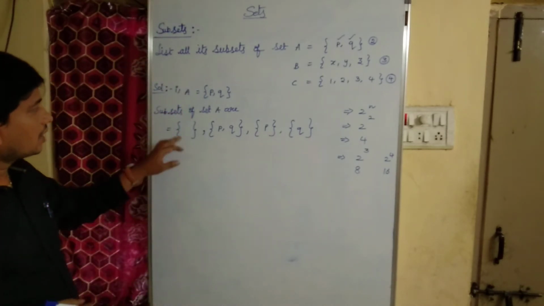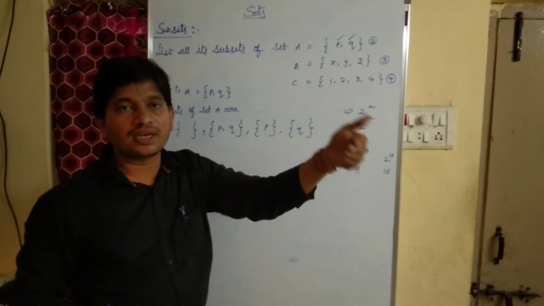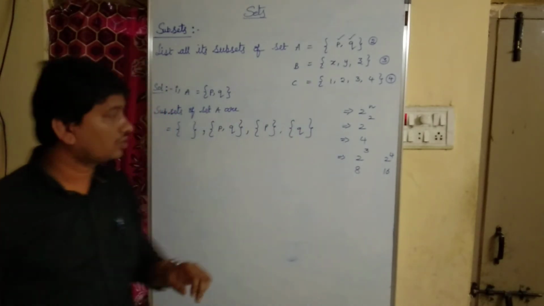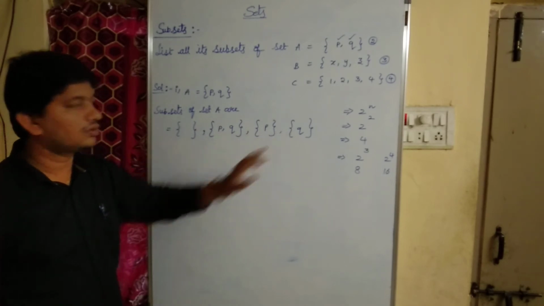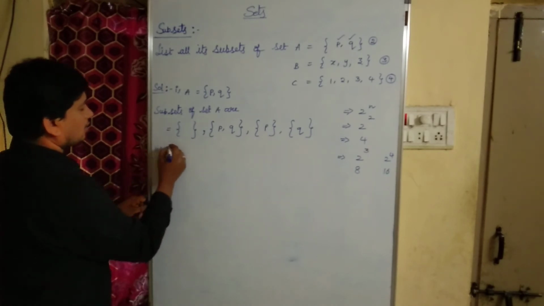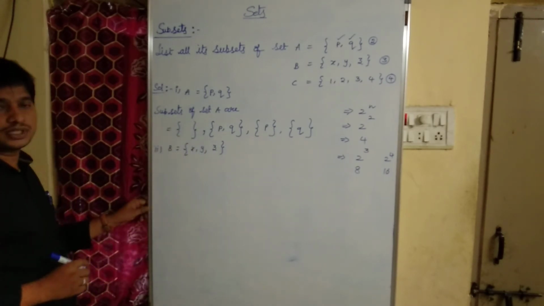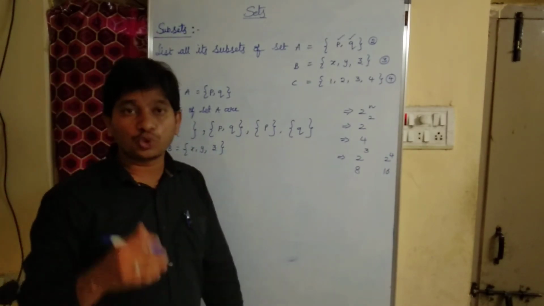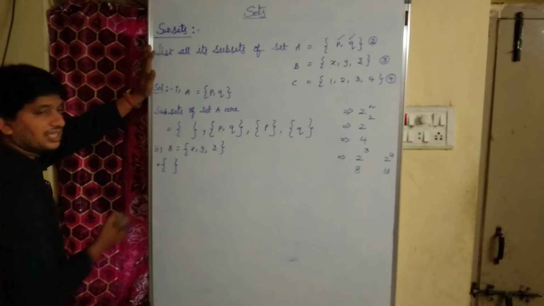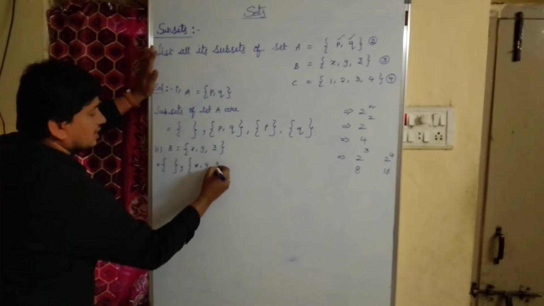You can see here, as I told you, set A consists of two elements. The formula for finding the number of subsets of a given set is 2 power n. As 2 power 2 is 4, you can count here 1, 2, 3, 4. Set A consists of 4 subsets. Now coming to set B, as it consists of 3 elements, the number of subsets of set B is 2 power n, 2 cube, 8 subsets. Okay, as I told you, empty set is a subset of every set, and every set is a subset of itself.